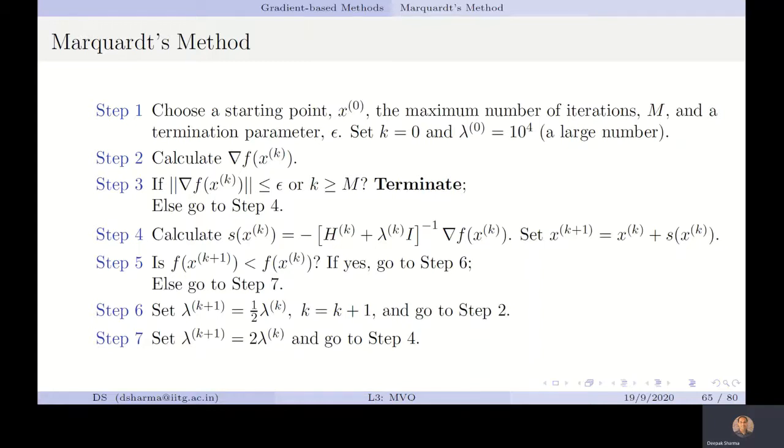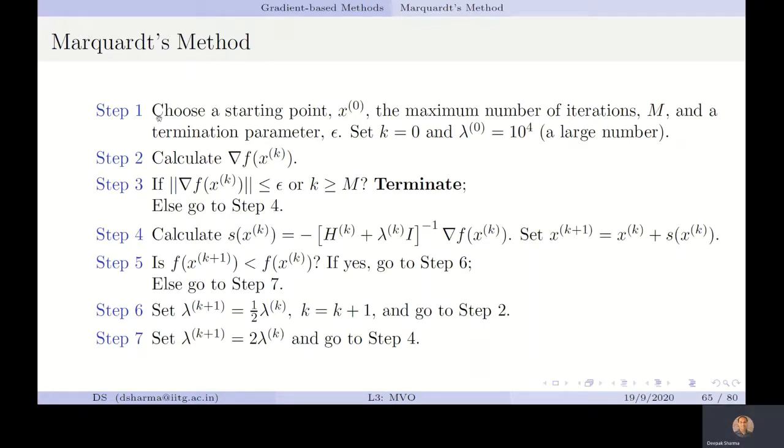Why are we doing this? Because we want the contribution of the identity matrix to be large as compared to the Hessian, so that this particular method will behave exactly as steepest descent. So that's why we increase it. But in this case, we go to step number 4. Since the direction s k is not good, we directly jump to find the direction again with the increased value of lambda k, and then we find s k, and similarly the new point. We will be doing this till, in step number 5, the function value at x k plus 1 is smaller than at x k.